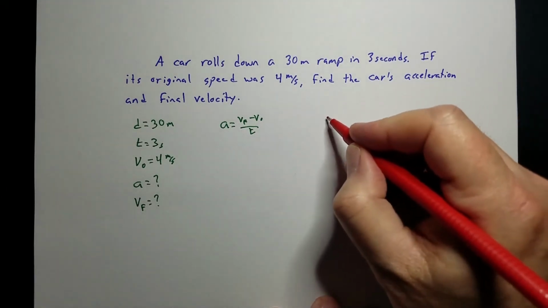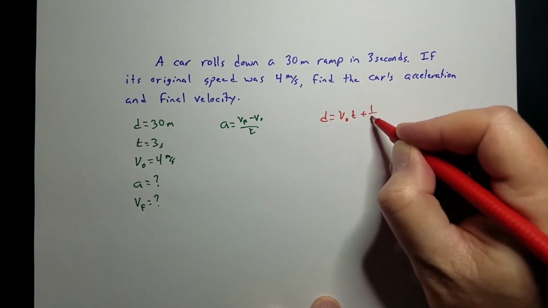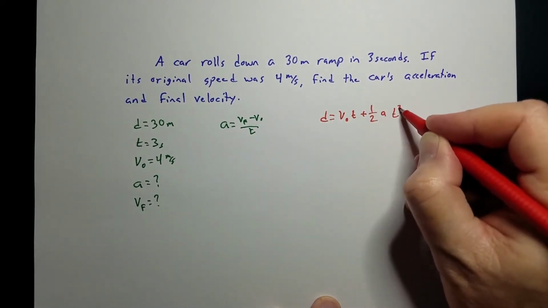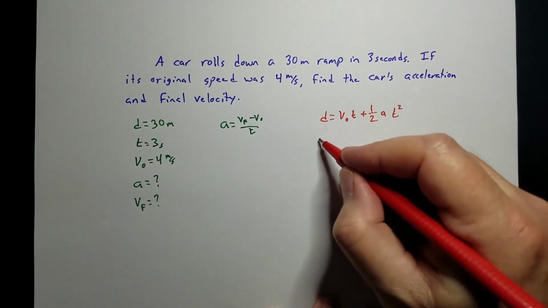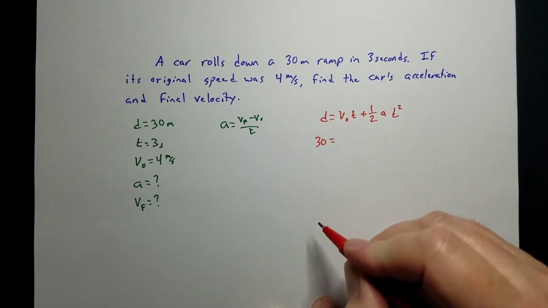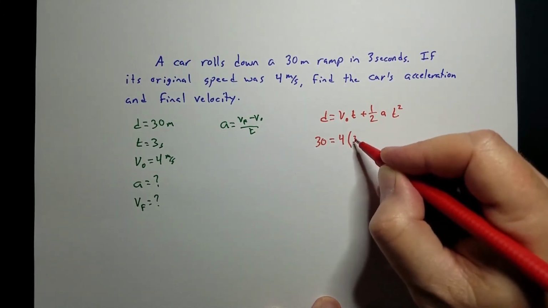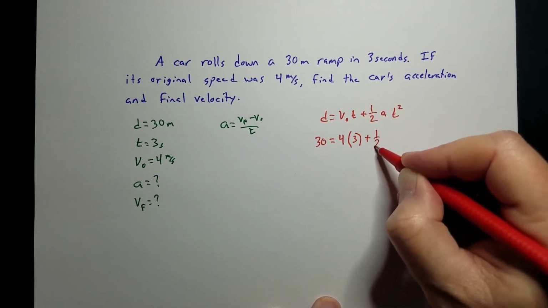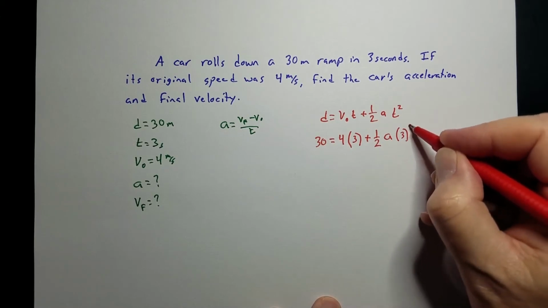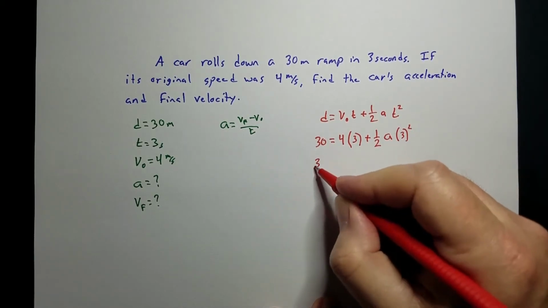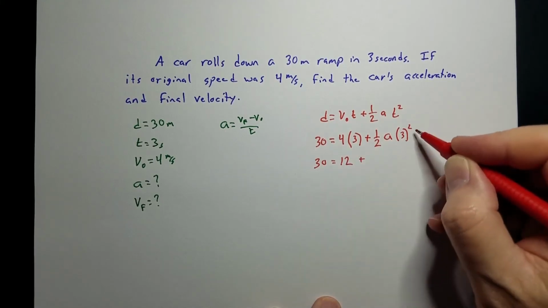So let's go to this one. d equals v0t plus 1/2 at squared. Let's see what we've got here. We've got a distance, 30. Original velocity is 4. And we know a time is 3 seconds. Plus 1/2. We don't know a, but again, time is 3 seconds, and that's squared. So let's see what we can do. 3 squared is 9. Half of that's